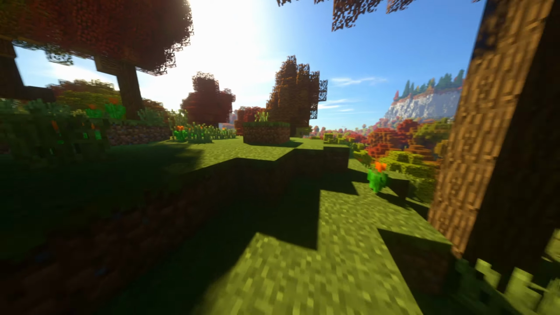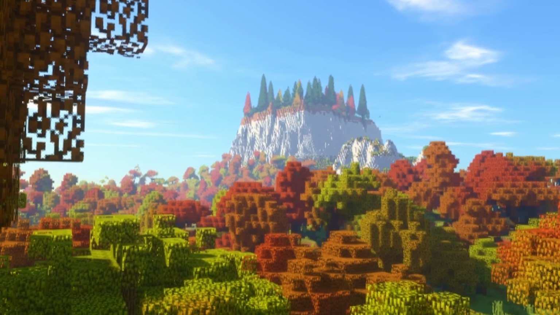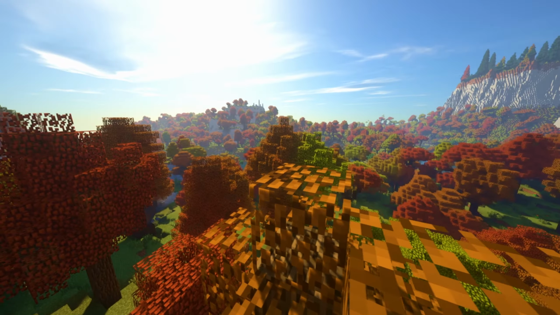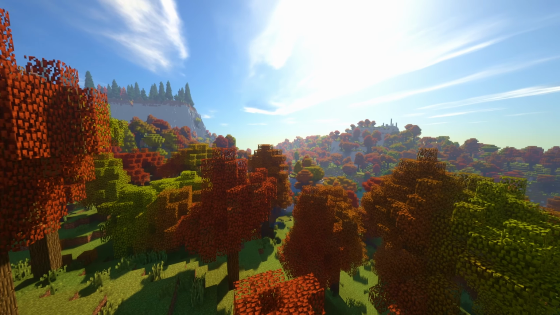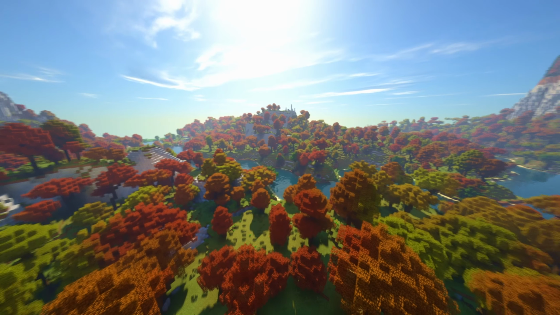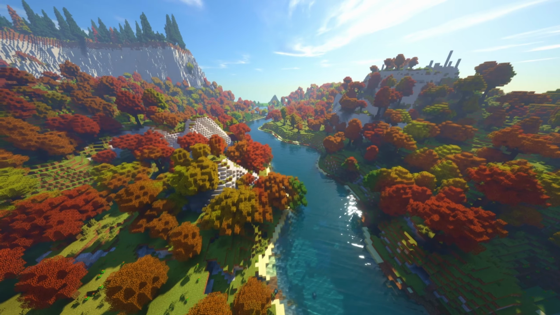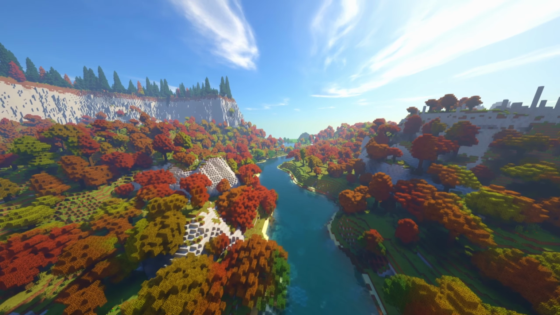We can appreciate a lot from above, but we can also appreciate a lot from down here. Like, look at that view. It's so gorgeous. All you'd have to do is get up to the top of this tree and look as far as the eye can see, as far as the game can render. This mod is truly breathtaking. And you know what makes it even better? There's our river right here. Look at how gorgeous this looks. It just cuts right through